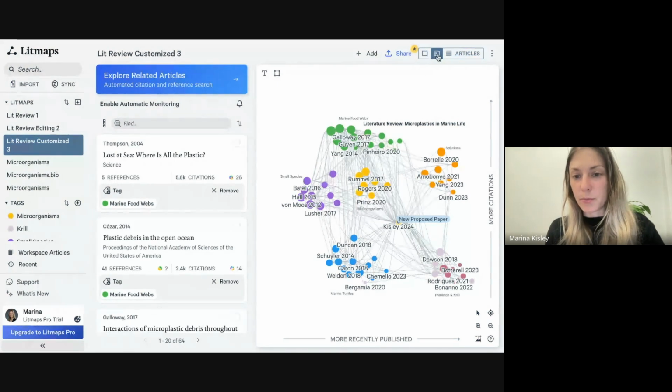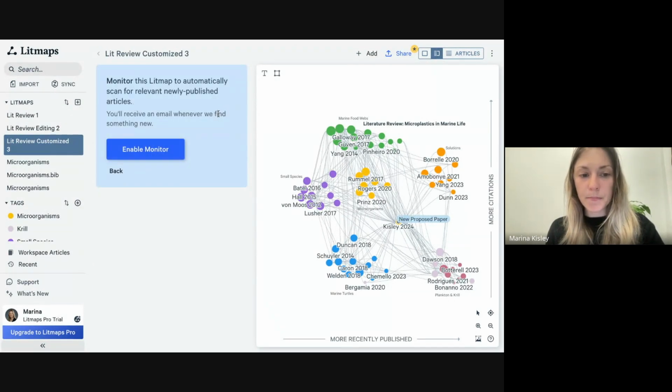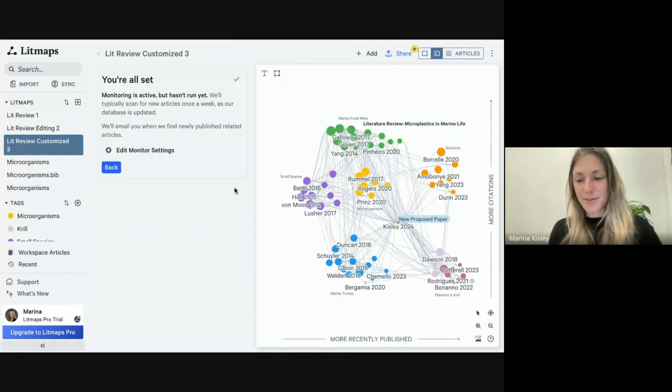So here I'm on this middle view of the map where I can see the articles on the map. And under Explore Related Articles, I have the button Enable Automatic Monitoring. And it's telling me that Monitor will scan for relevant newly published articles. And I click Enable Monitor, and that's it. So it's a simple two-step process that I super recommend you do for any map that you really think is